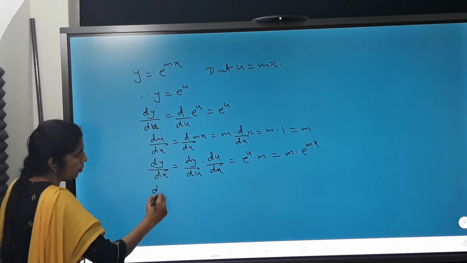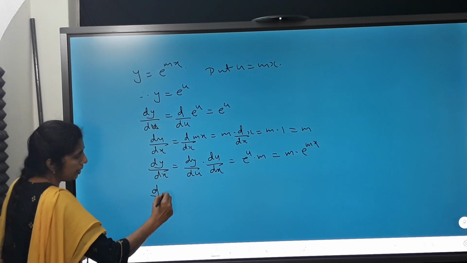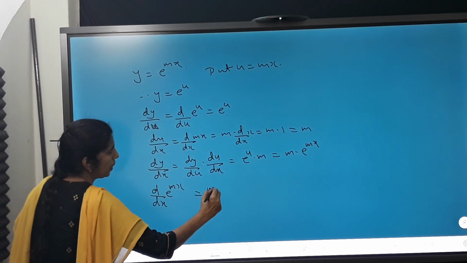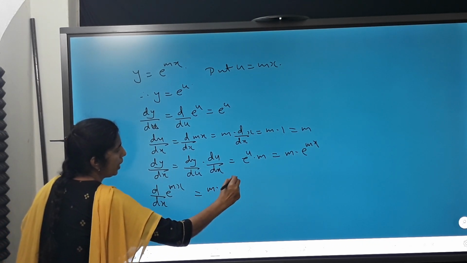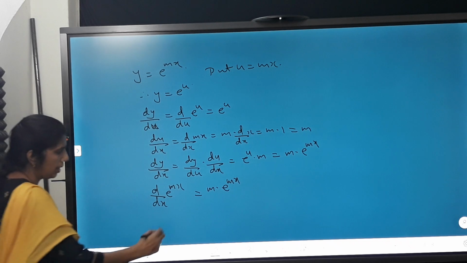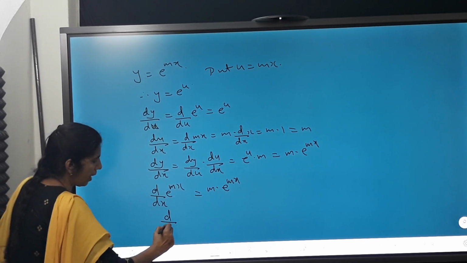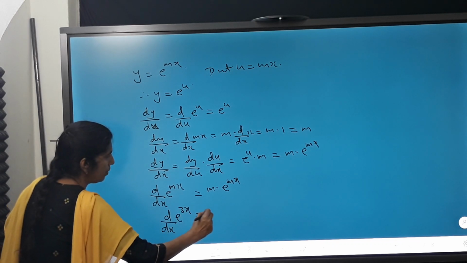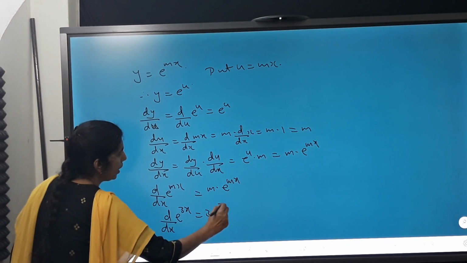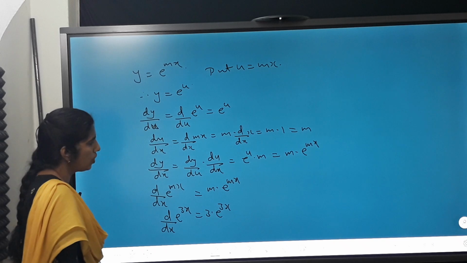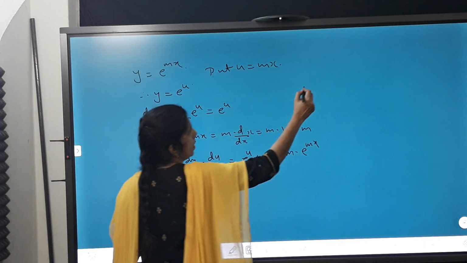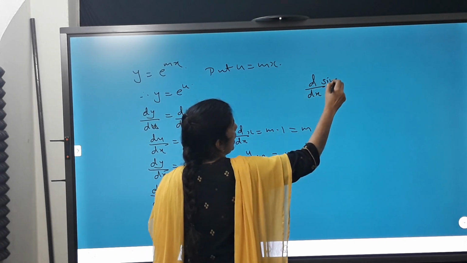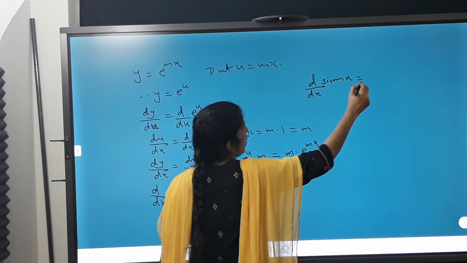This is again used as a standard result, that is we have d by dx of e raised to mx is equal to m into e raised to mx. So using this we can write d by dx of e raised to 3x equal to 3 into e raised to 3x. So these three results, d by dx of sine mx equal to m